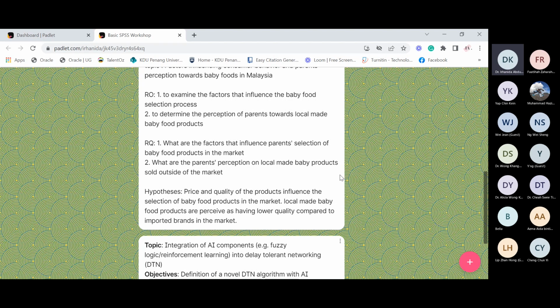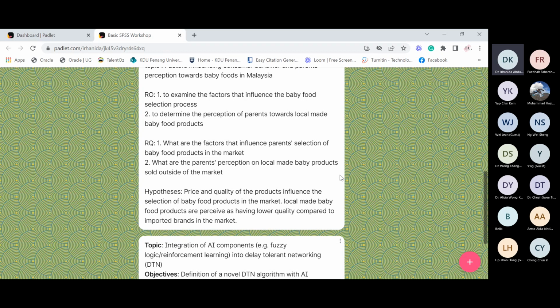I think when we use the word influence, automatically you need to use regression already. But I think you said descriptive analysis earlier because of the word examine the factors.